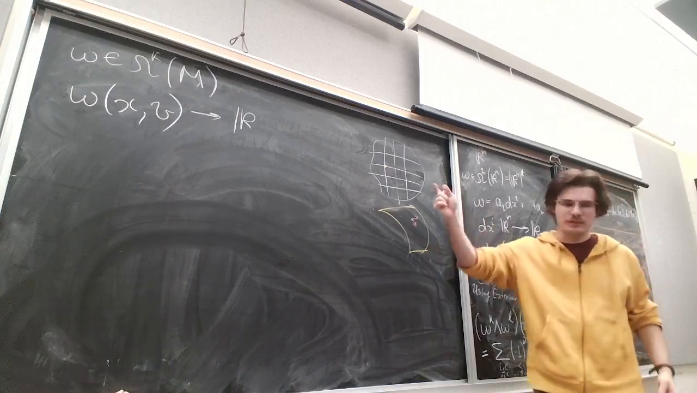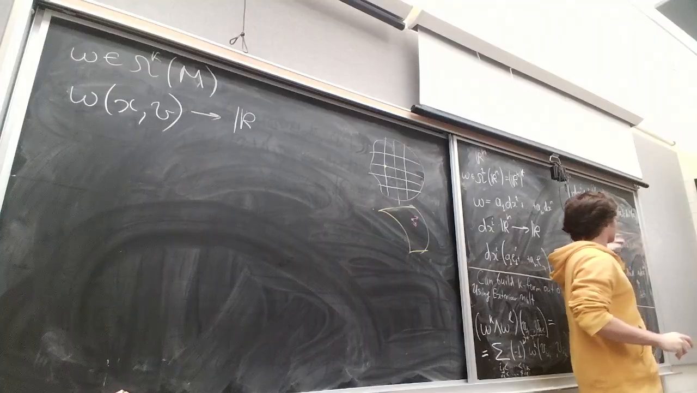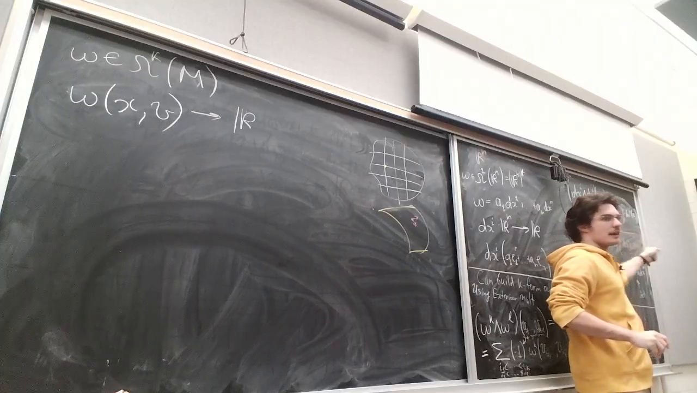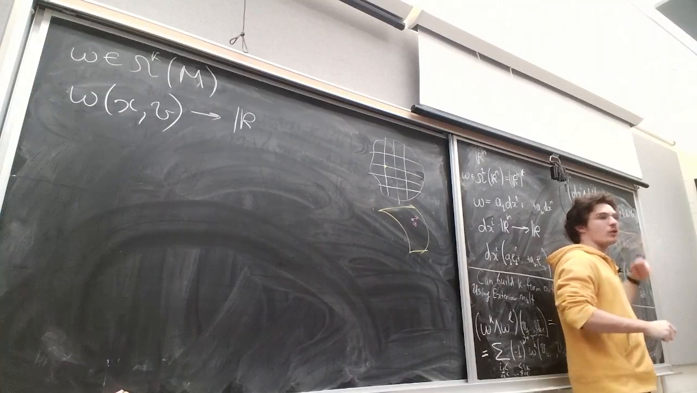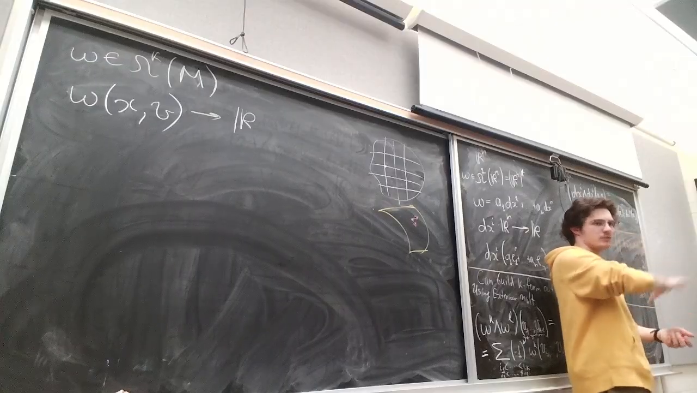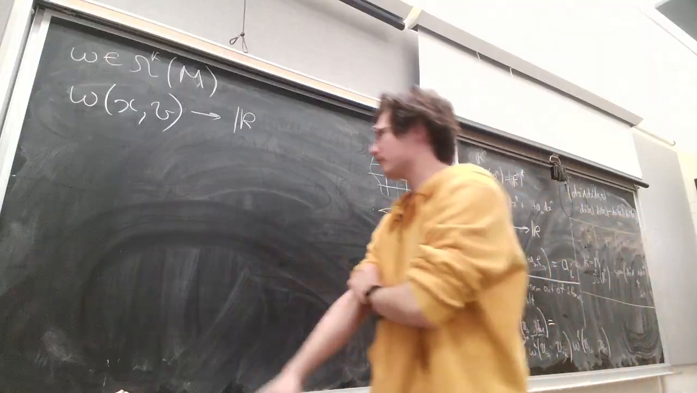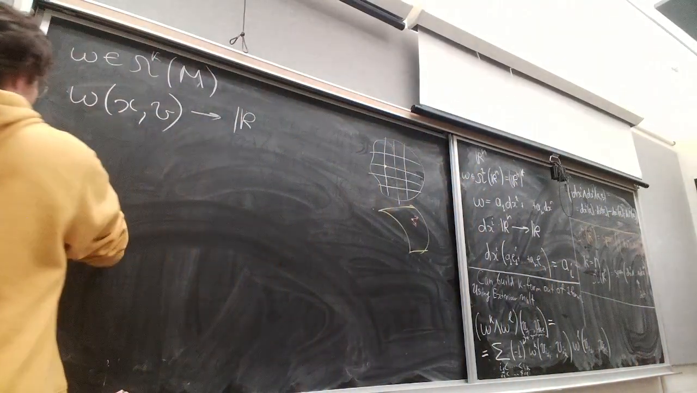All this changes is that now, so every form was some linear combination of these things. Now it's going to be a linear combination where the coefficients could depend on where I am in my manifold. Okay? So for example, in a one-dimensional case, a one form,